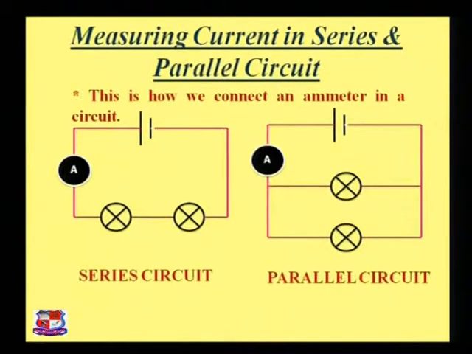Now to measure the current in a series and parallel circuit, here we just take one example, the series and the parallel circuit. Here you can see this series circuit, there is an ammeter, two bulbs, EMF. Again this is the parallel circuit. Here the two bulbs are in parallel with each other, or you can say that they are in shunt with each other. If you want to measure the current in series or parallel circuits, friends, keep in your mind, always use the ammeter in series form.